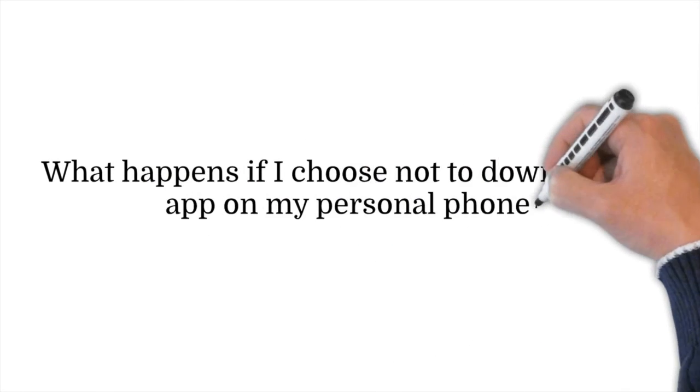What happens if I choose not to download the app on my personal phone? If you choose not to download the free app on your personal phone, you can still receive notifications if you provide your school administrators with your cell phone number. Now, the app is free. There is no third-party selling, and you will not get any spam, but you can still receive notifications. You just won't be able to activate any of the panic buttons